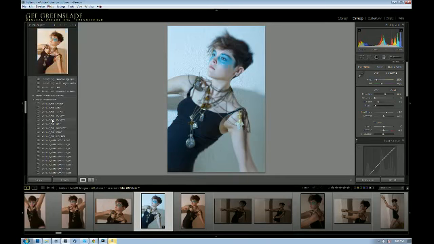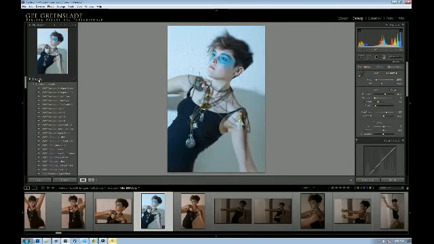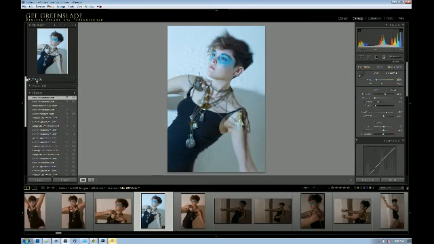I'm just going to fix up my... why did I just do that? The cool thing about Lightroom that I haven't explained is that you've also got, down here, my Lightroom presets over on this